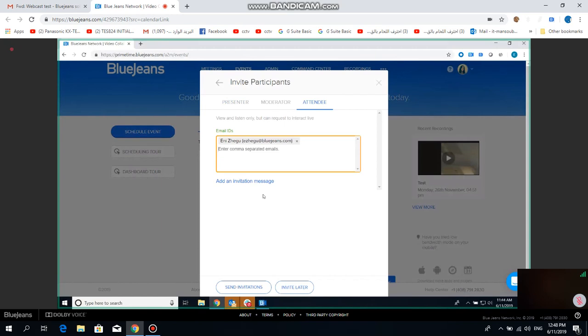And what I prefer to do is basically do my own invitation from my Outlook. I think Outlook is a better platform to customize your invitations and to make sure that what you're sending out is relevant and makes sense, and even to add a comment or a text that